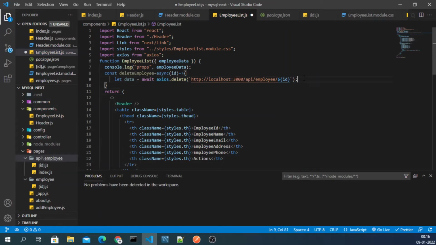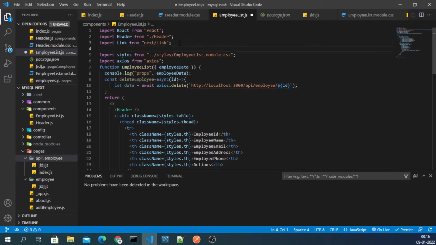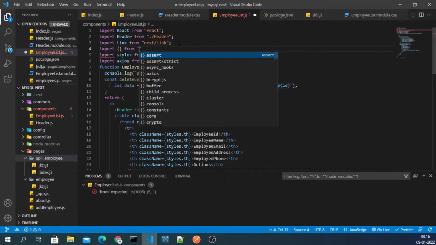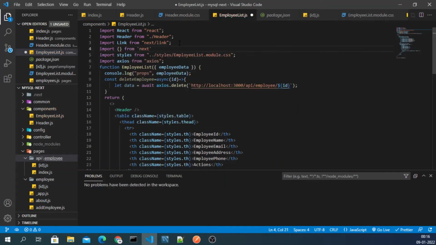We will need one more thing here, that is to import from next slash router, if I'm not wrong. We want to use the router.